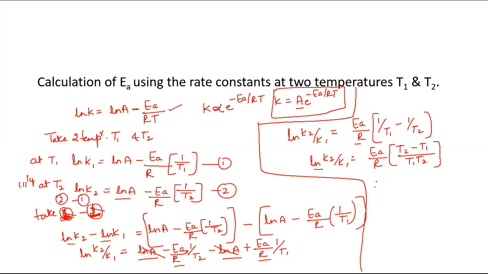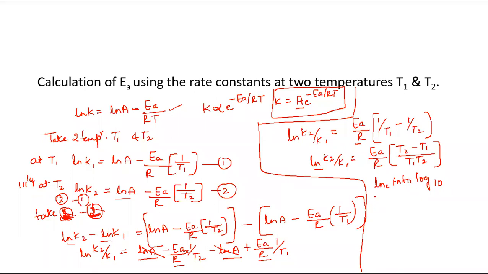Since it is in ln, it is very difficult to calculate. So we need to convert natural log into log to the base 10. Which number do we have to multiply by to convert ln, natural log, into log base 10? Can anybody tell me which number we have to use in order to convert ln into log? No, not one. Yesterday I told you how to convert ln into log. Yes, Ashwini, correct. Not 10, it is 2.303. It's a constant value to convert ln into log. So that 2.303 we need to take here.